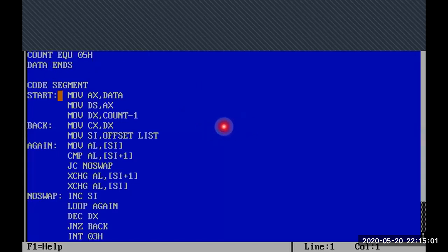So here, what I did: assume CS code, DS data, and this is the data segment.